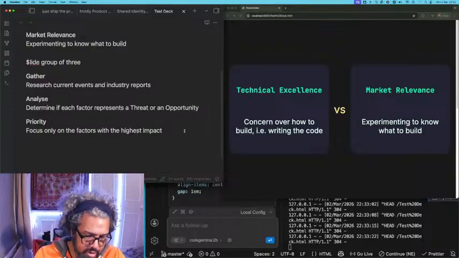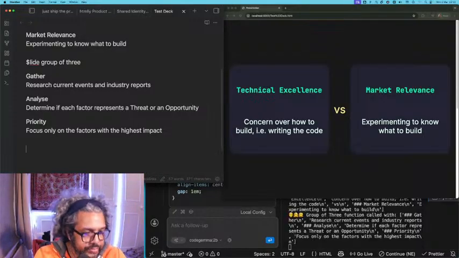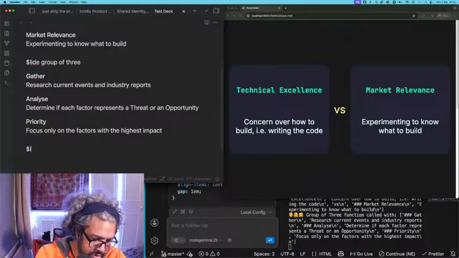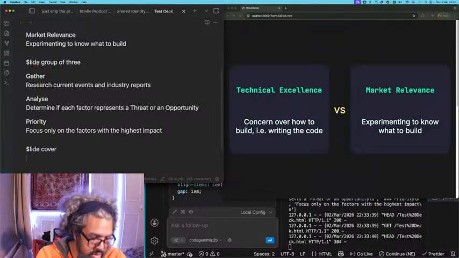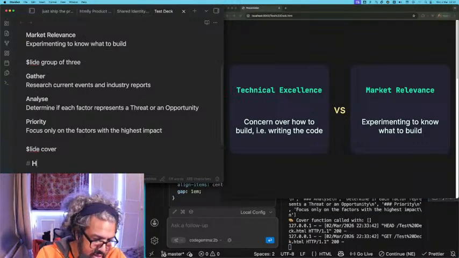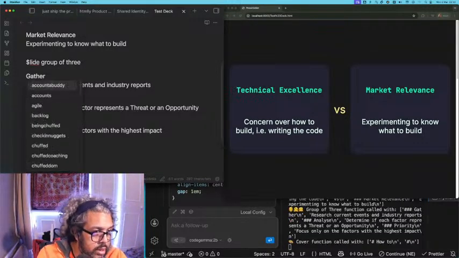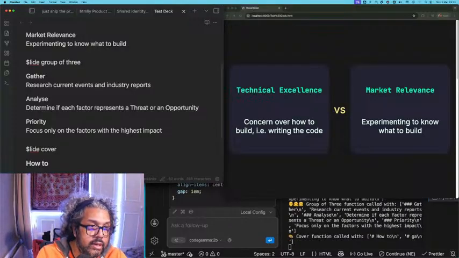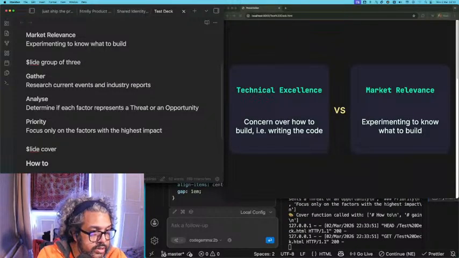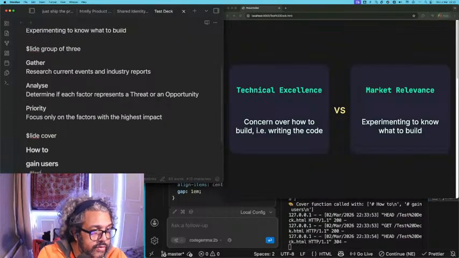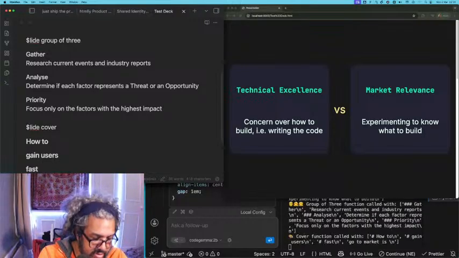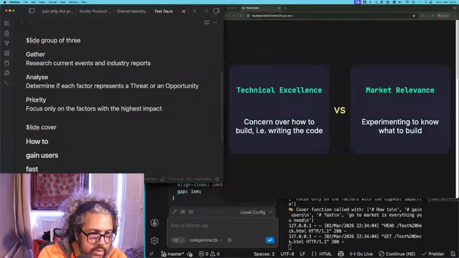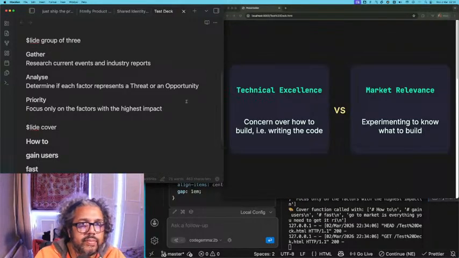So I can kind of come in and put in, for example, slide, and put in cover, and I can say how to gain users fast, and then I can put in go to market is everything you need to get it right. And